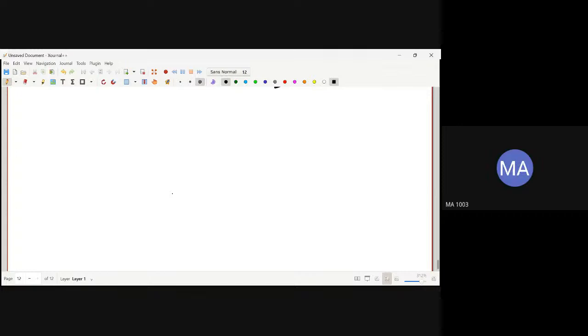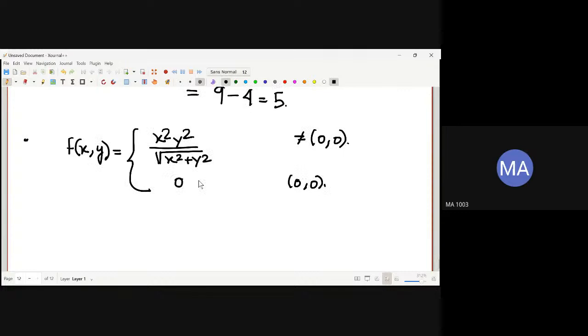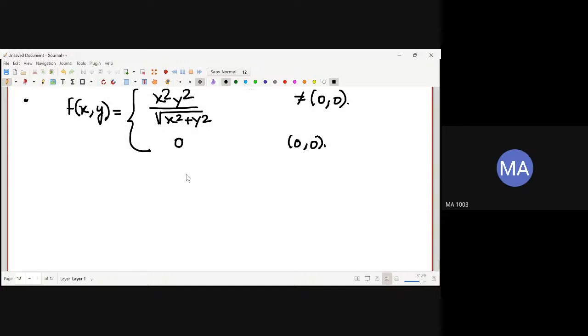Correct. So this is your function, right? This is not equal to 0 and this is 0. So again, I guess in this case also the limit exists. Since this exists in this case, most likely the limit again exists here as well. So how can I